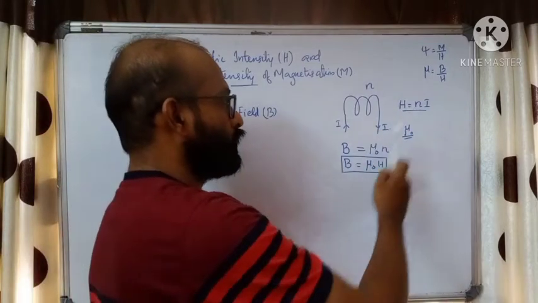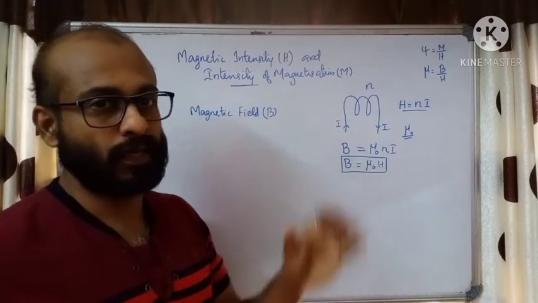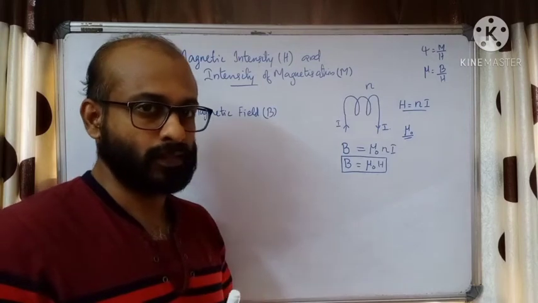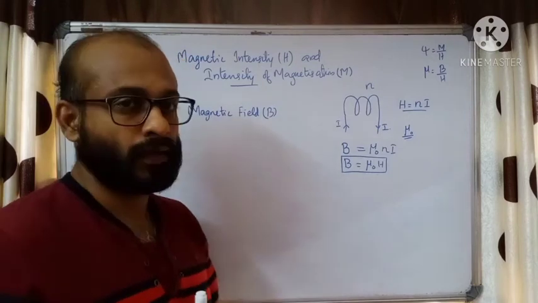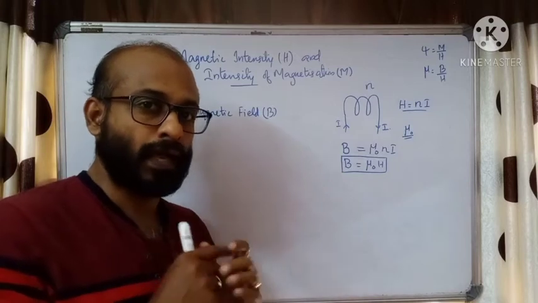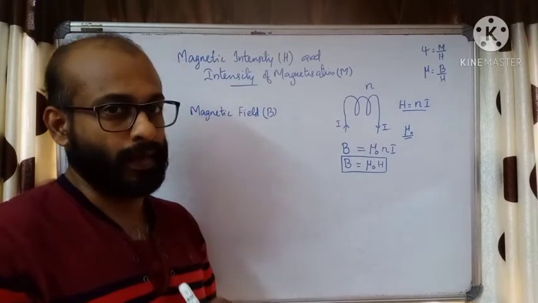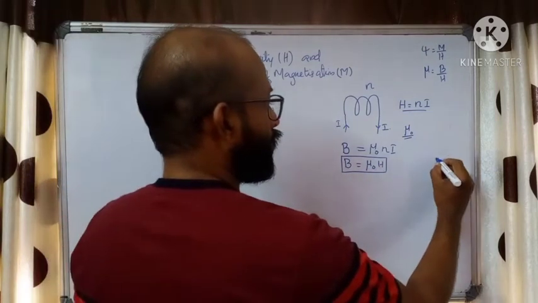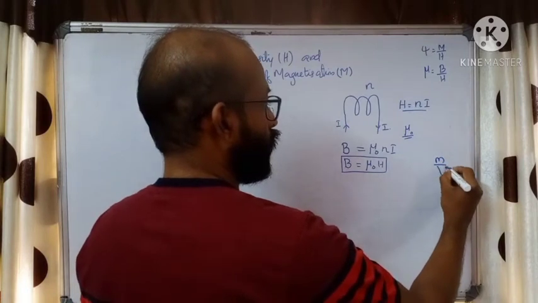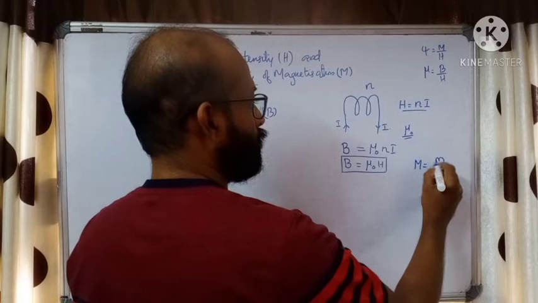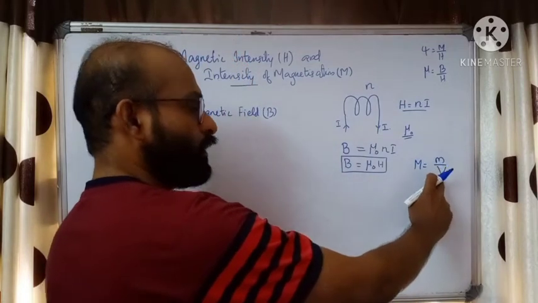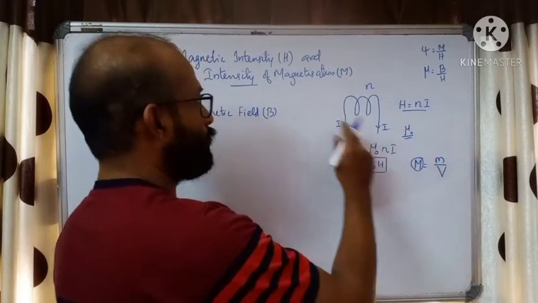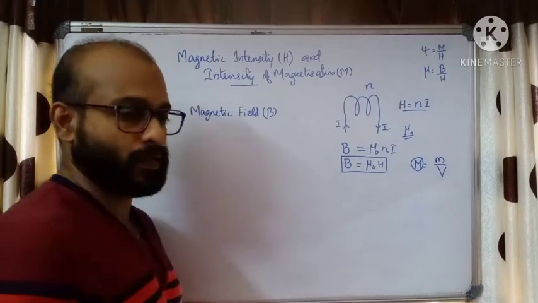And now let us see another one. Suppose we place an iron rod inside it. We know iron rod is a ferromagnetic material. It can be magnetized. If it is placed in a magnetic field for a long time, many magnetic dipoles will be induced within the iron. So it will gain some induced magnetism. Let M be the magnetic dipole moment and V be the volume. Then the ratio M by V, the magnetic dipole moment per volume of the induced dipole moment, we can say capital M. Capital M is given a name called intensity of magnetization.